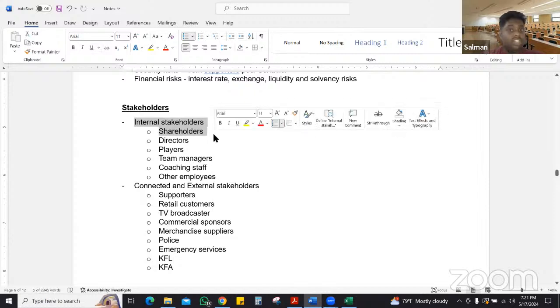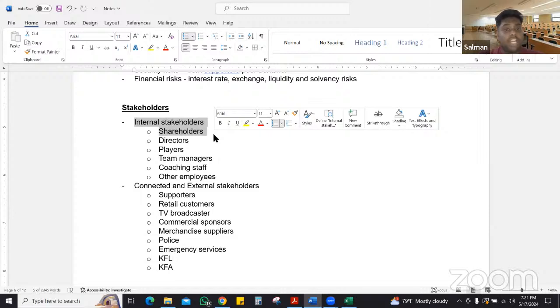Normally, shareholders are taken as connected stakeholders. In a company, shareholders are connected stakeholders. Why? You and I can buy shares of a company, and we will not get involved in the management. So we are connected. But